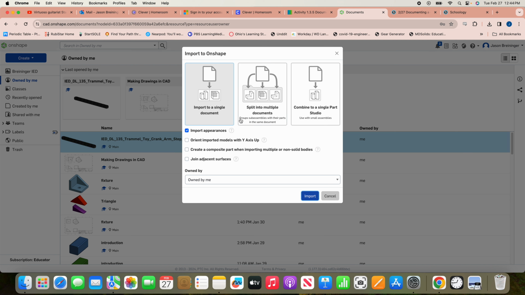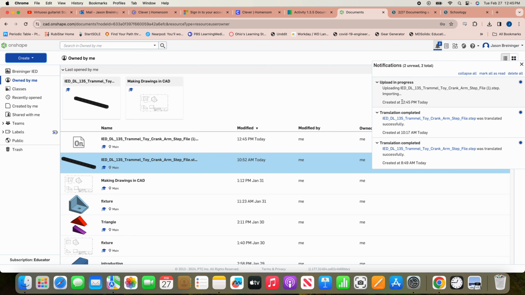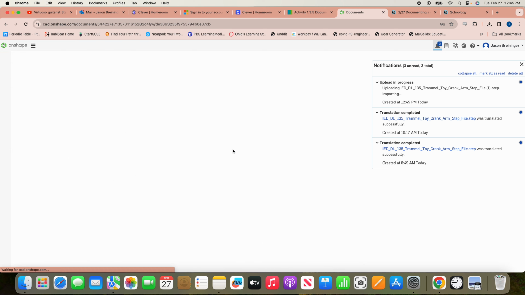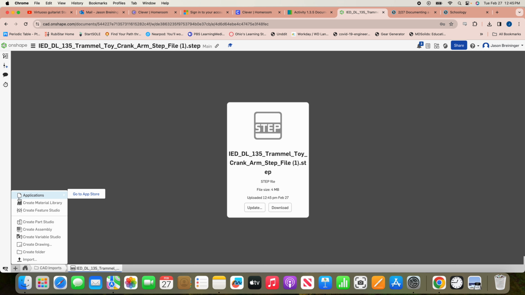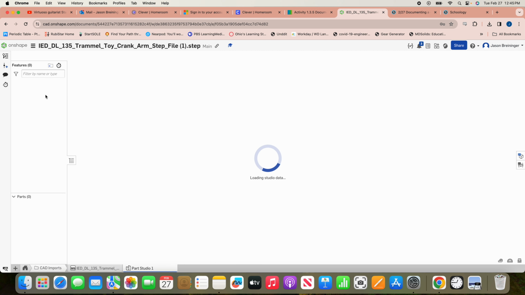So when you do this, you can import it into a single document if you wanted to, or you can bind it into a single part studio. Let's just do this third option here and hit import. It's going to just load. And when we do that, we'll see that it pops up right here. Nothing apparent shows up, but if we insert a new tab and we hit create part studio,